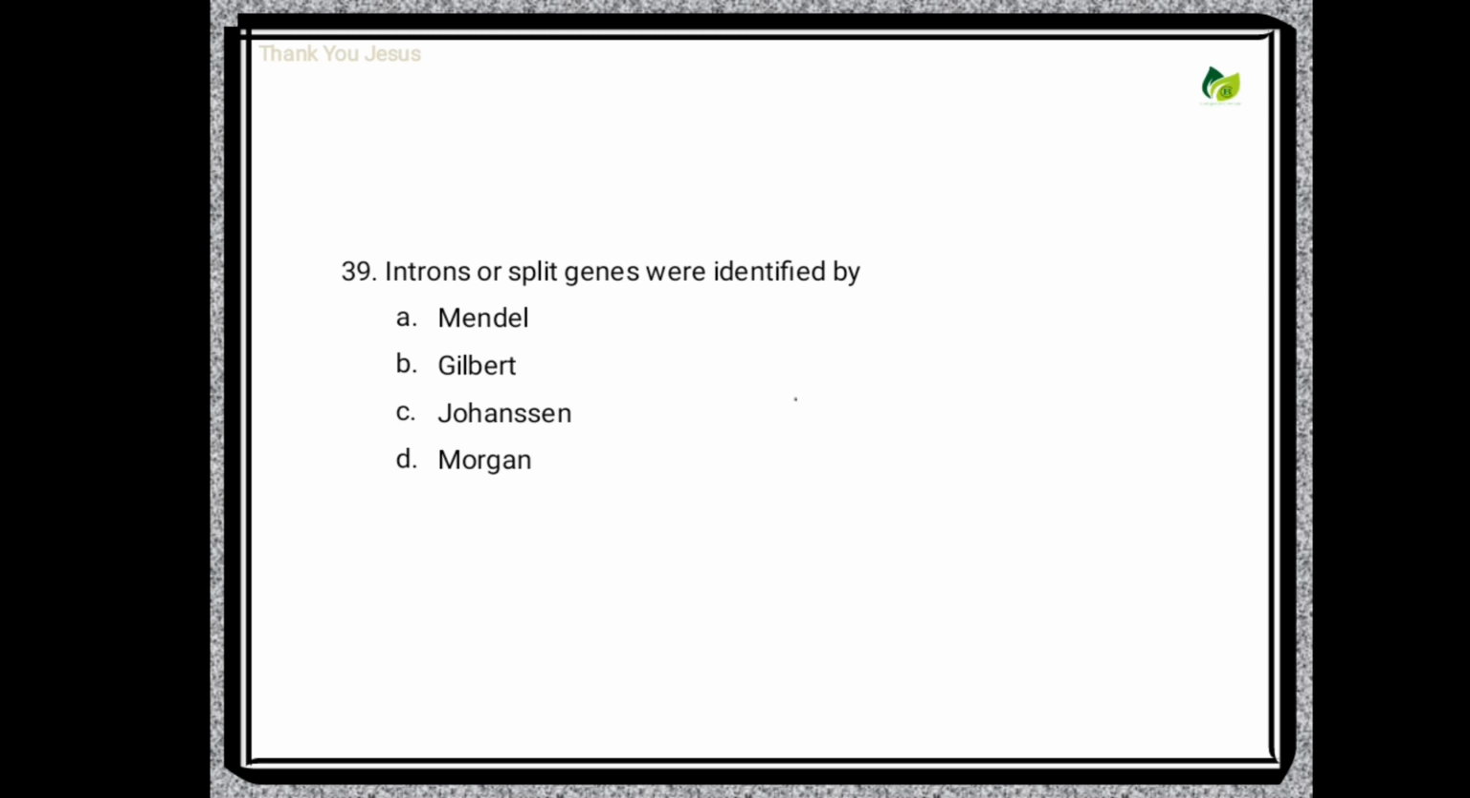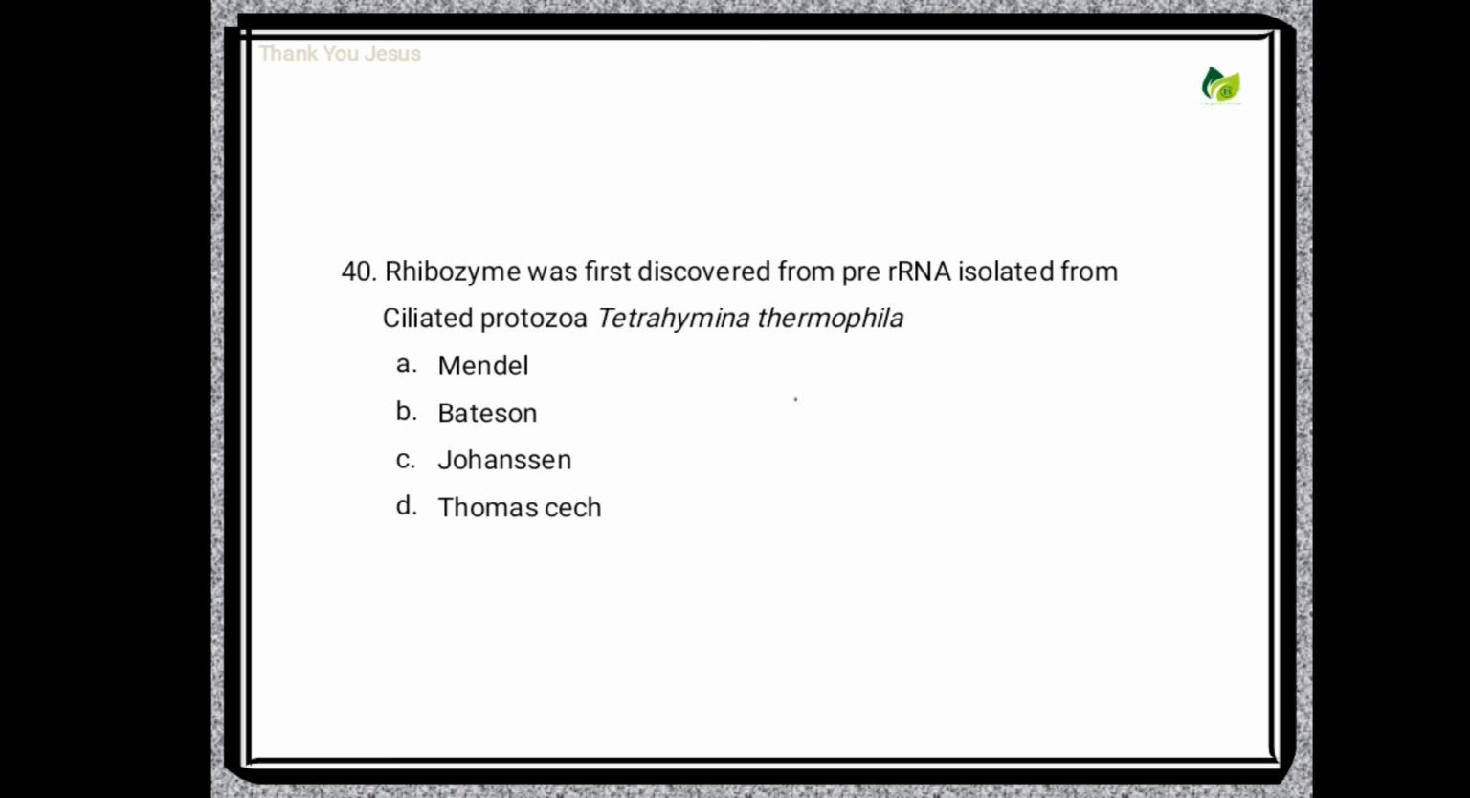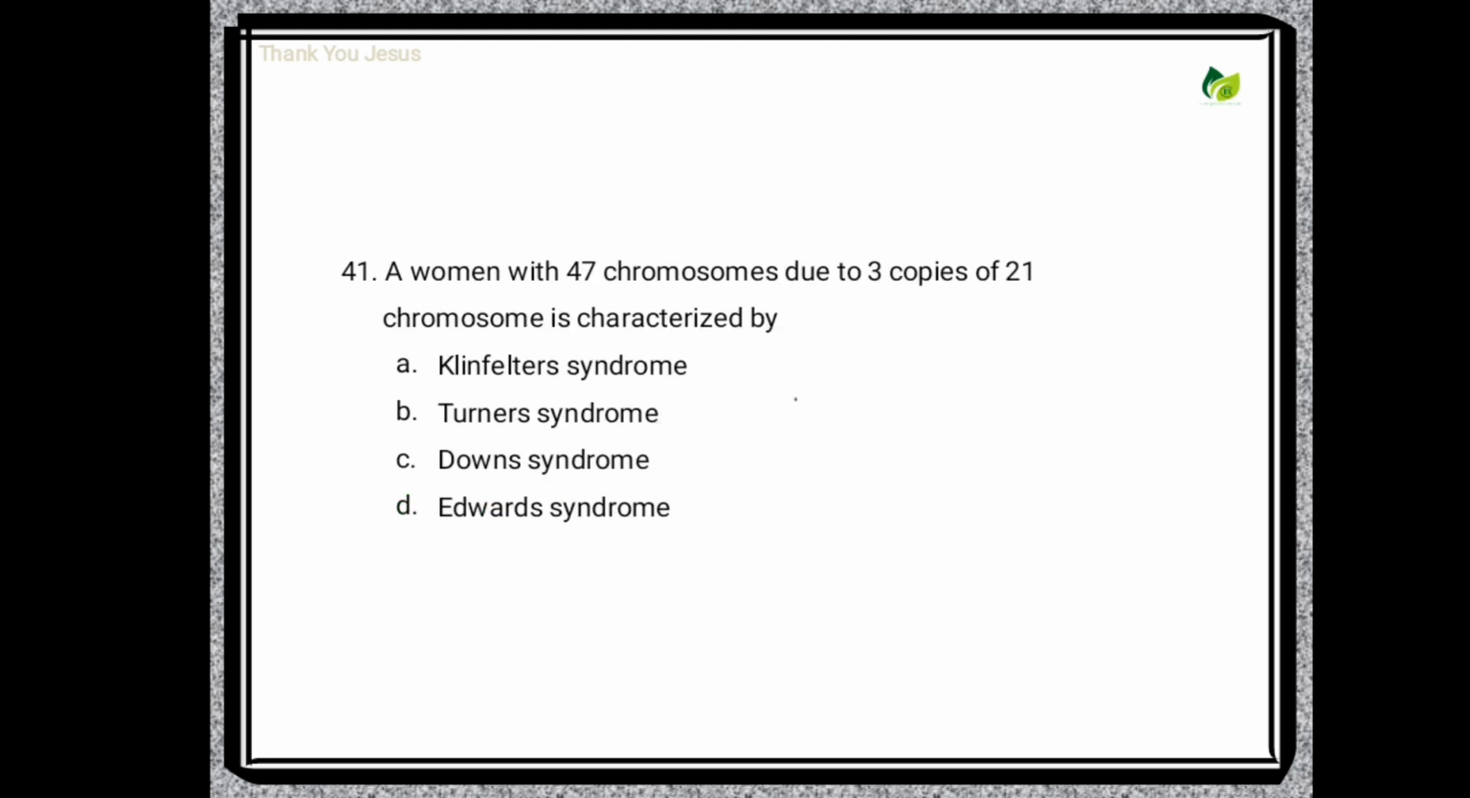Introns or split genes were identified by: Mendel, Gilbert, Johansen, Morgan. The correct answer is Gilbert. Let's see the next question. Ribozyme was first discovered from rRNA isolated from the ciliated protozoan Tetrahymena thermophila by: Mendel, Bateson, Johansen, Thomas Cech. The correct answer is Thomas Cech. Let's see the next question. A woman with 47 chromosomes due to 3 copies of the 21st chromosome is characterized by